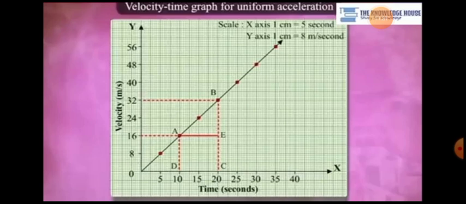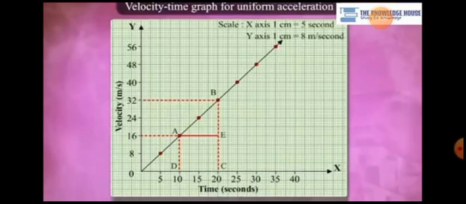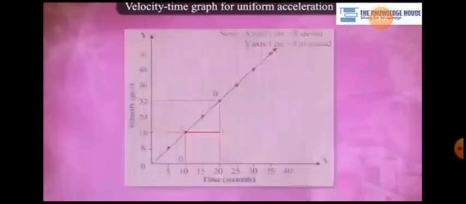From the graph, we can determine the distance covered by the car between the 10th and 20th seconds, as we did in the case of the train in the previous example. The difference is that the velocity of the car is not constant, unlike that of the train, but is continuously changing because of uniform acceleration. In such a case, we have to use the average velocity of the car in the given time interval to determine the distance covered in that interval.